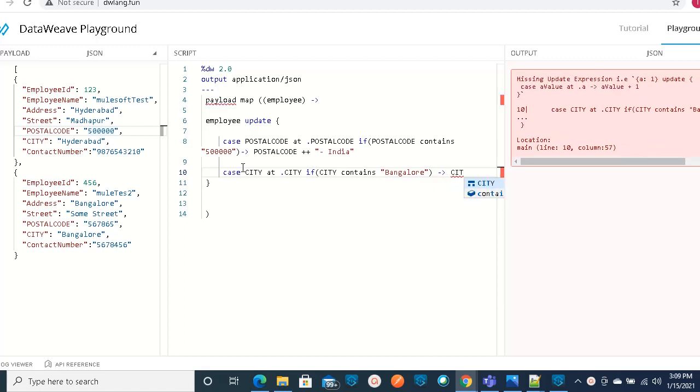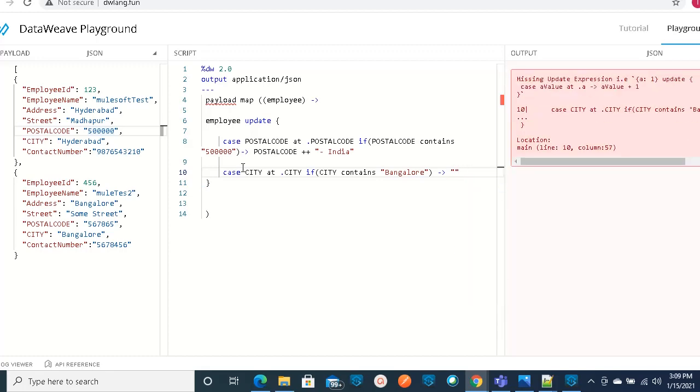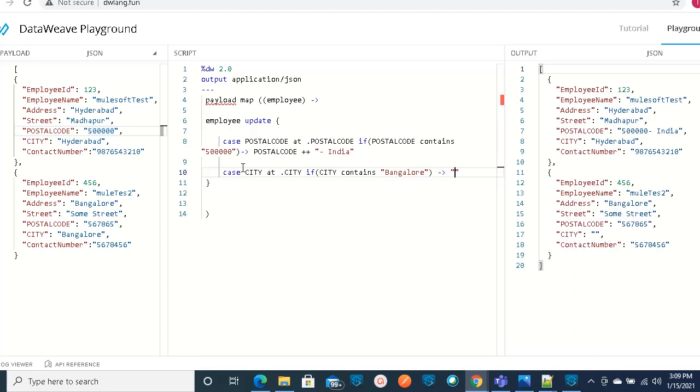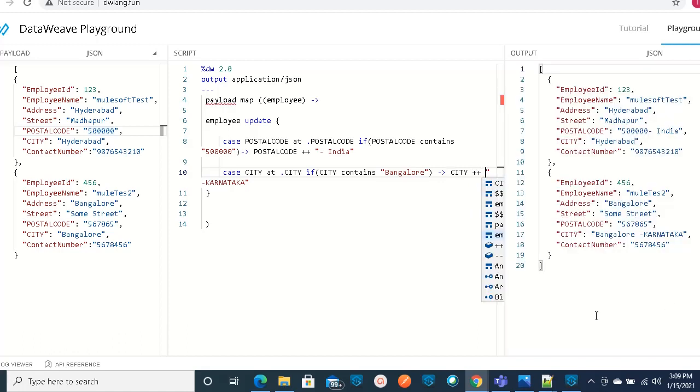And I'm going to give the updated value by appending this. Otherwise, you can give the direct value here by hard coding, just like in our previous example. So you can give anything like this. If you would like to append, you can just give the original value here, and then you can use the concat operator. You can append it. Otherwise, you can give the direct value also, just like in our previous example. You can do it any way. So this is how we can use the update operator for conditional updates.